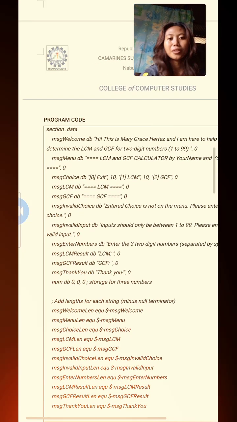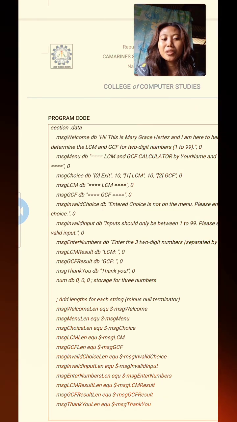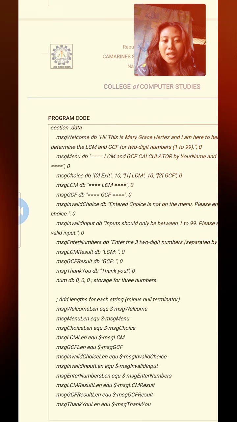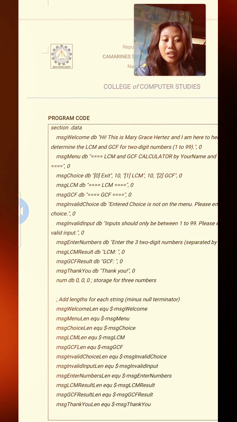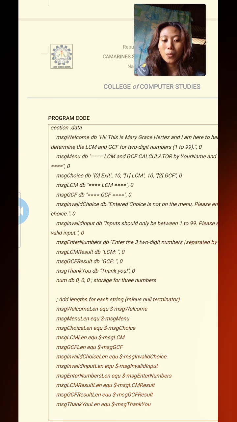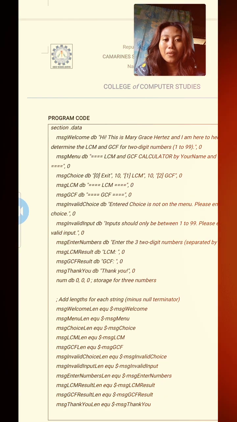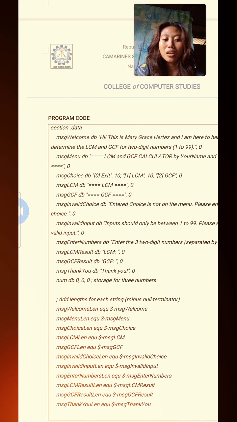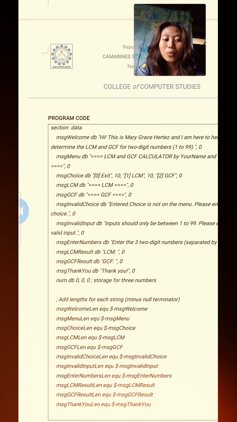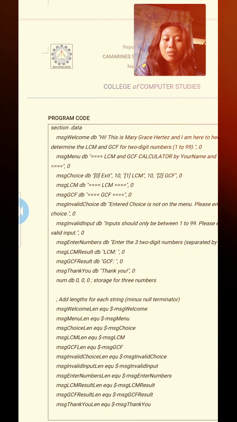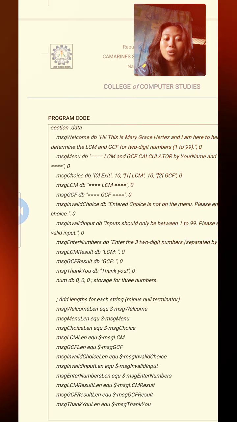So, here it is. If the input is invalid and not among the choices, the program will display an invalid message like: the entered choice is not on the menu. Please enter a valid choice. So, the choice you input should be valid to get the right outcome based on the menu and the requirements needed to calculate the LCM and GCF using the Euclidean